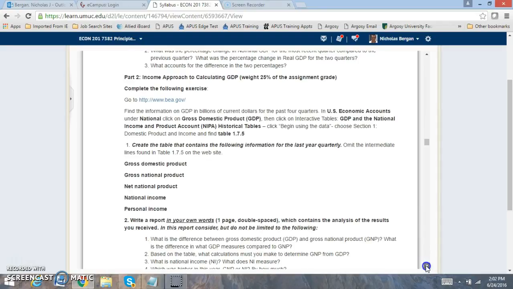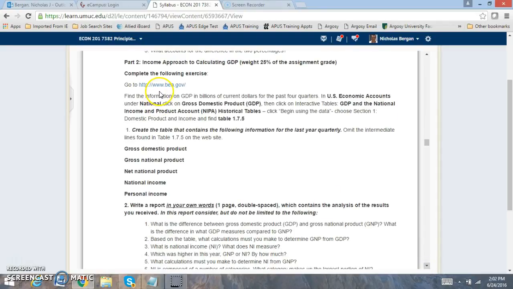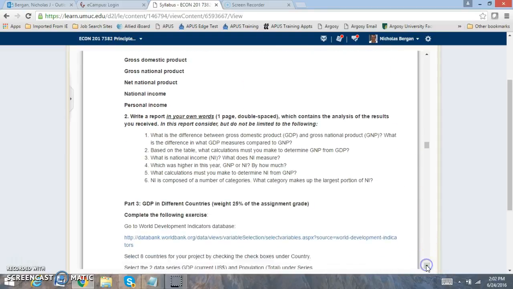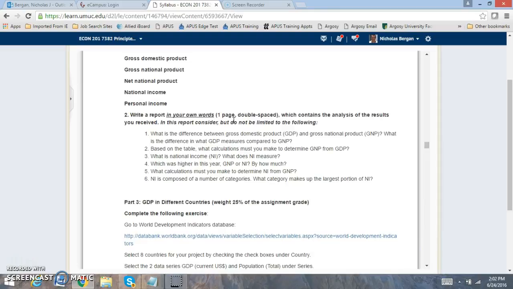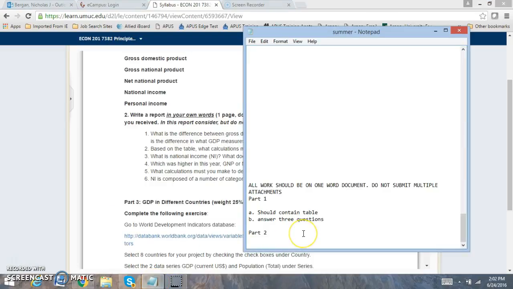Income approach to calculating GDP. Go to the same website. Basically, now go to this table right here. Now this table contains the following information: GDP, GNP, national net product, national income, personal income. Write a report in your own words. The report, so part 2,